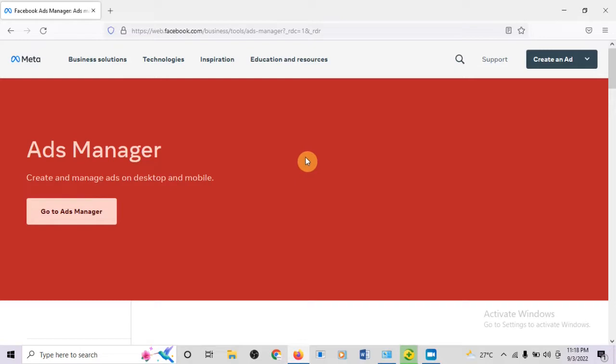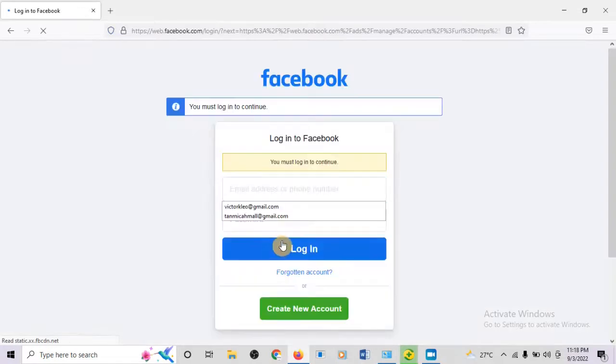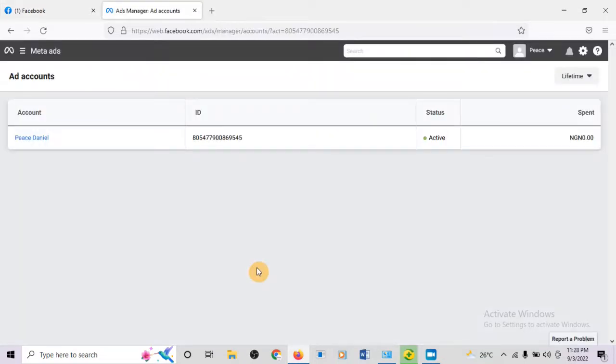So once you're here, the next thing you want to do is click on go to ad manager. Okay, go to ad manager. So here you can see that it's taking me back to log into my Facebook account, just to tell you that before you can get to your ad manager, you need to make sure your Facebook account is logged in to any browser you're using to get your ad manager, right? So to get there, I'm going to pause while I input my email address and my password. You can see I'm already in,